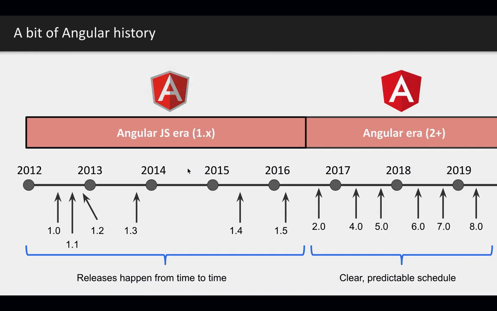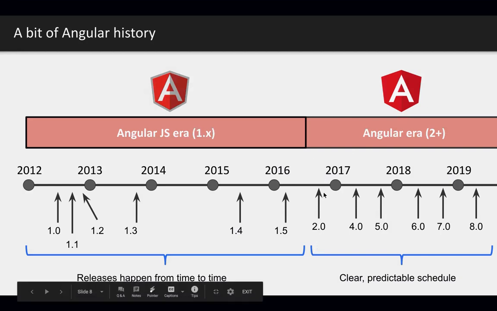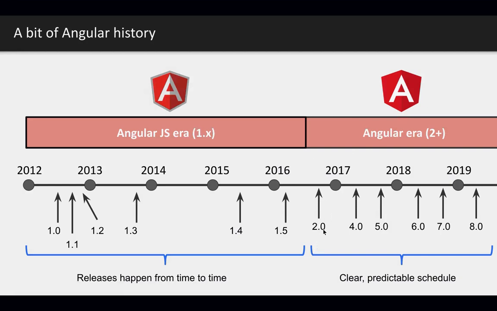Now the thing is, the web is always changing, and as AngularJS evolved, the browsers became faster and better with JavaScript. JavaScript evolved as well. At first it was a crazy idea to do everything in the browser, and now it has become mainstream, where we do more and more in the browser, more than ever before. So in order to support that idea even further, the Angular team said, we're going to rewrite Angular. That will be version 2 and 2+, a brand new version of the framework, released at the end of 2016.